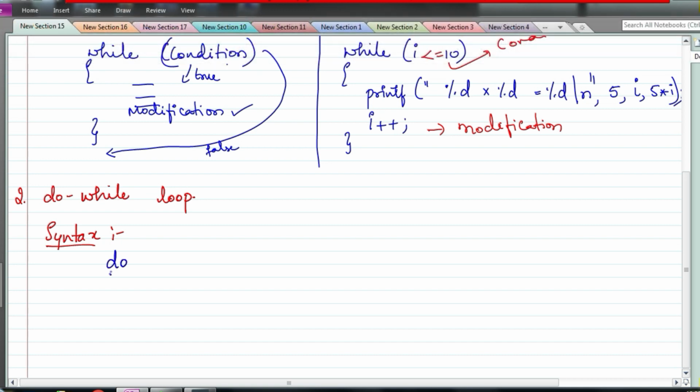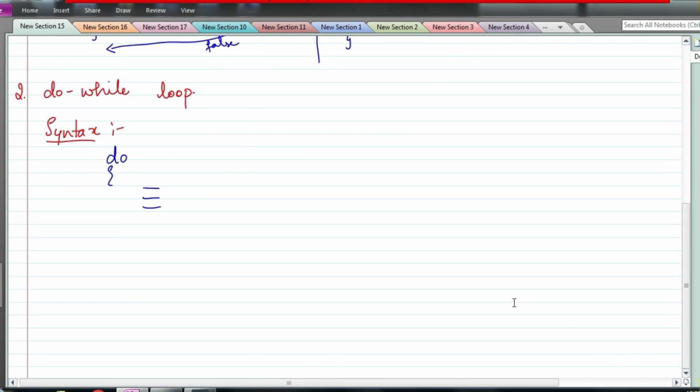Do. We have this set of instructions to be executed, and usually the variable initialization can be done before do or inside the set of instructions also, and then you will most probably have the modification here itself.